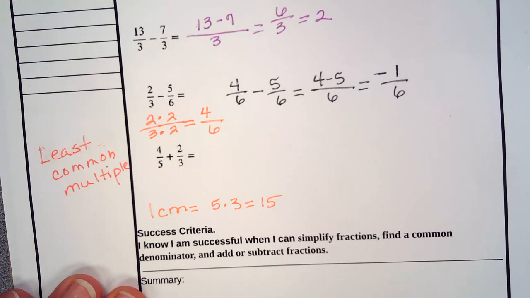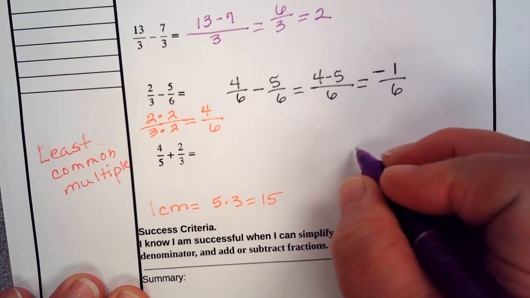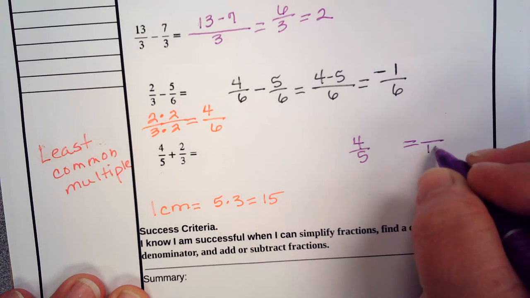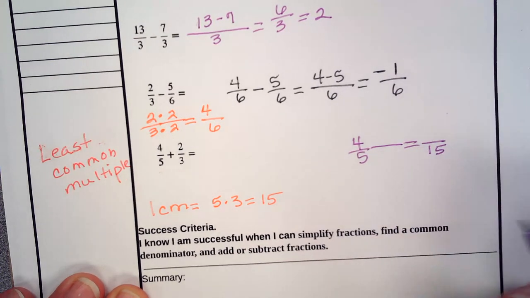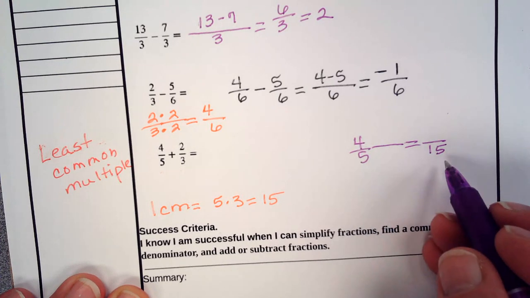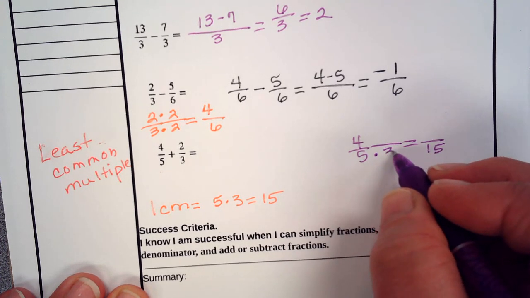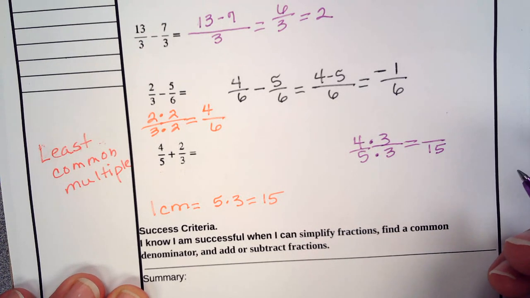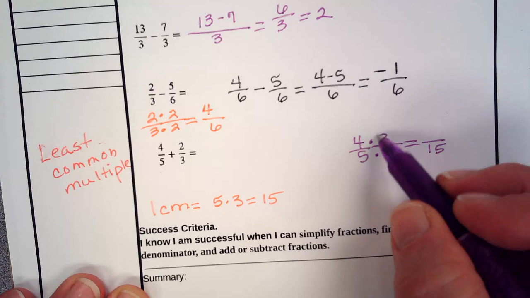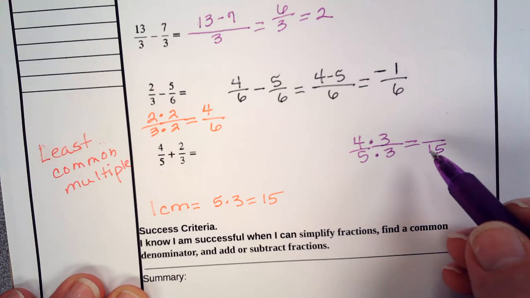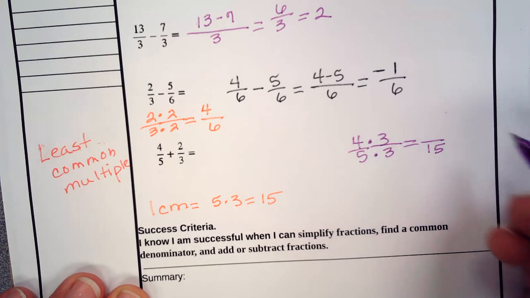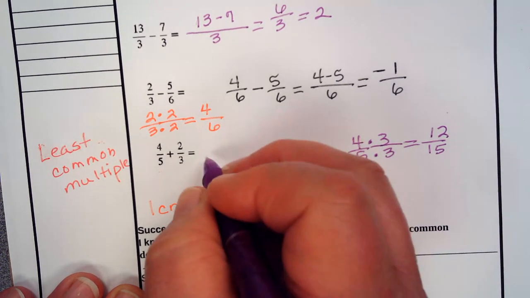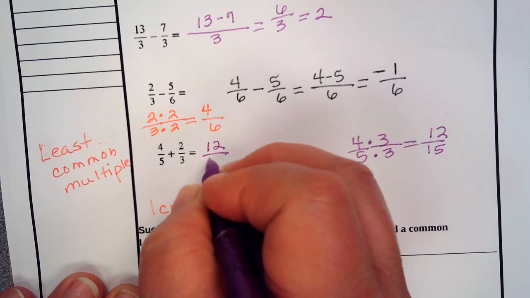Okay, so let's do our conversion now. 4 over 5 is equal to what over 15? Once again, I've got to think. 5 times what gives me 15? Well, the answer is 3. So I've got to multiply this by 3 also. I'm multiplying by 3 over 3, which is 1, which means it makes an equivalent fraction. 4 times 3 is 12. So the first number is 12 over 15